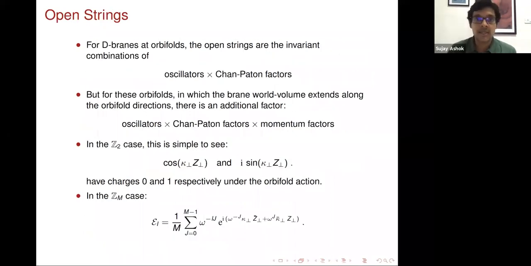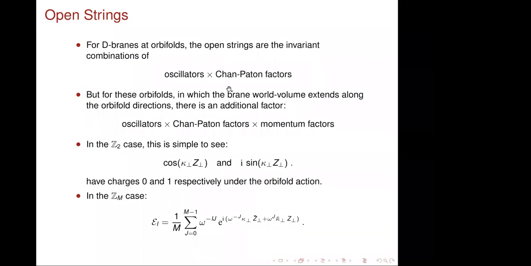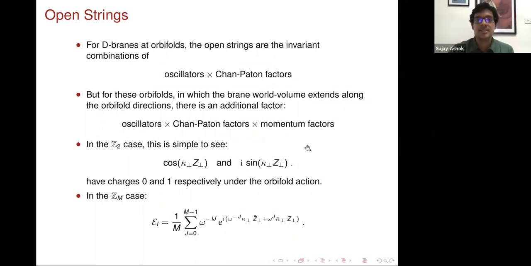Okay, so the new part here is going to be, I mean, up to now it's been fairly standard stuff. But for open strings, another feature here is the fact that I have open strings on the D branes that propagate along the orbifolded directions. So what happens then is that